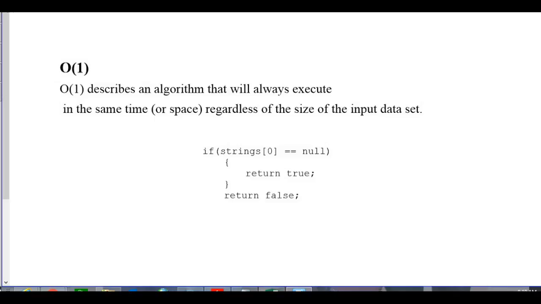O(1) describes an algorithm that will always execute in the same amount of time or space, regardless of the size of the input data set. So no matter how big the data set is, it's going to take the exact same amount of time. So here's a little example, a little comparison,